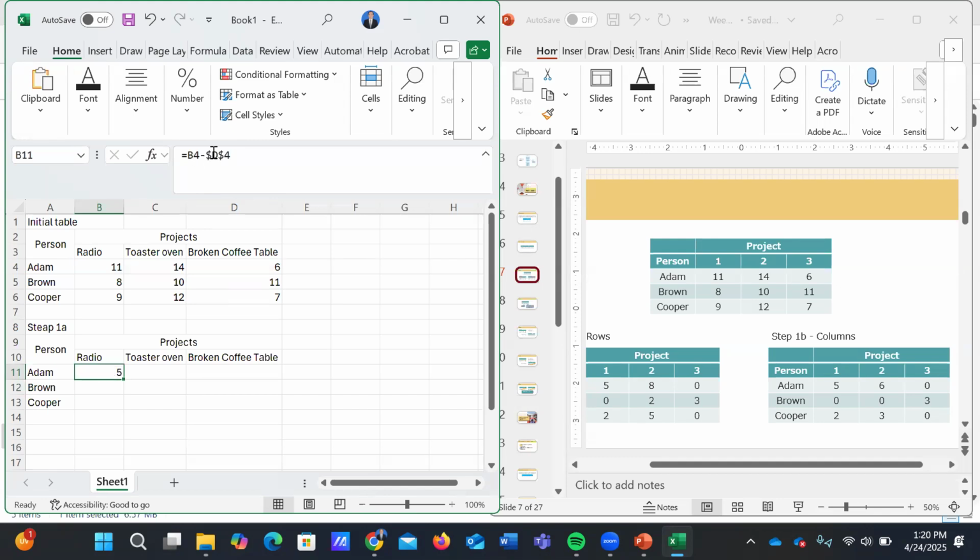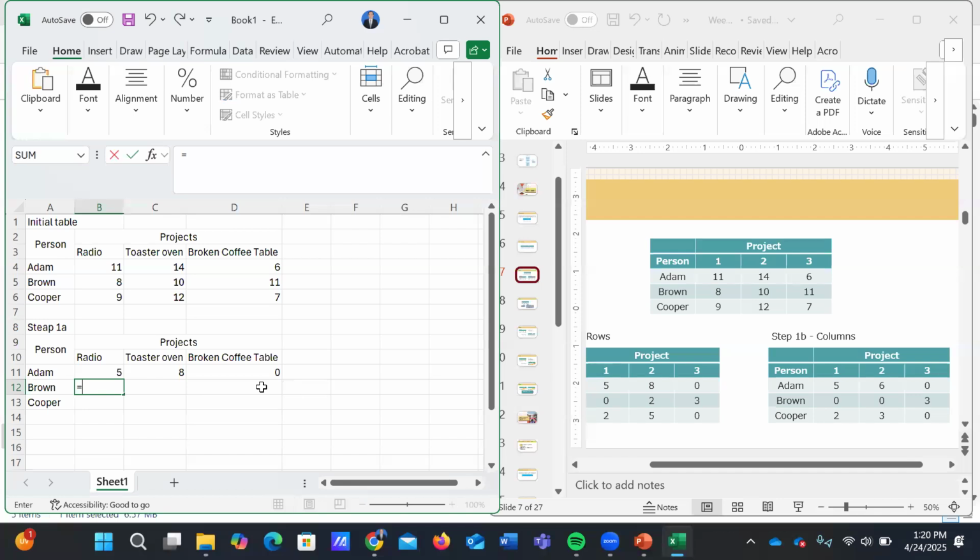Because we have made it absolute, we can copy and paste here. This is the change of the numbers for the Adam row. With a similar step, we can change the values of the Brown row.